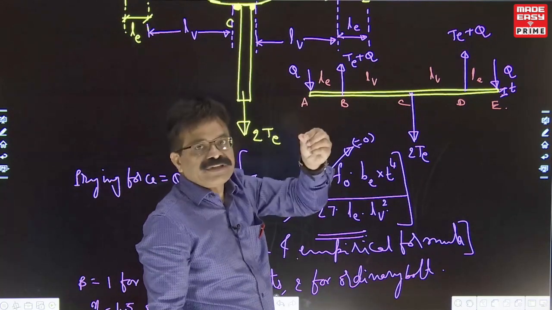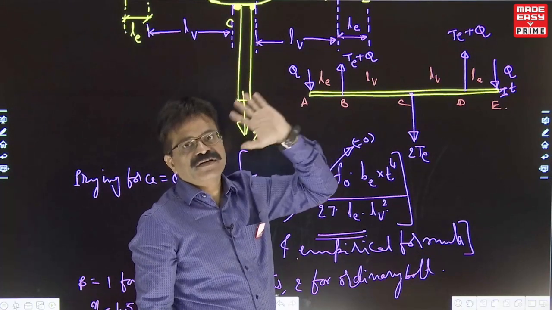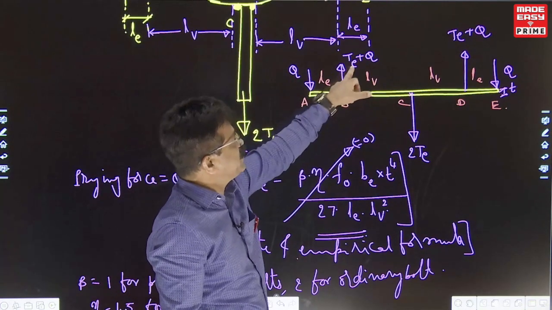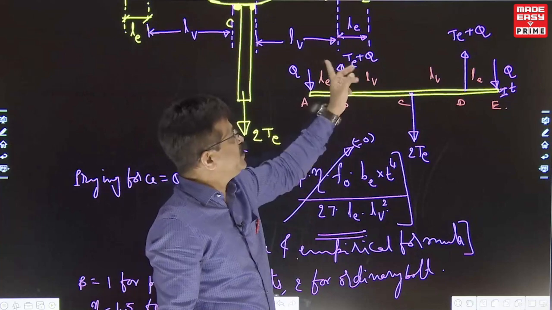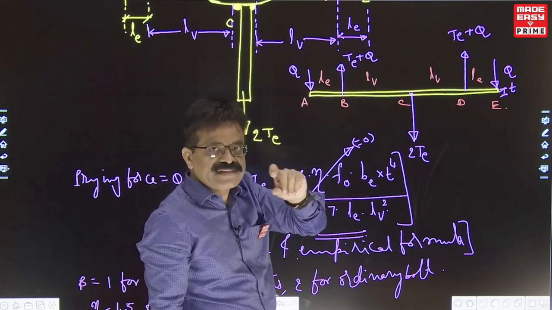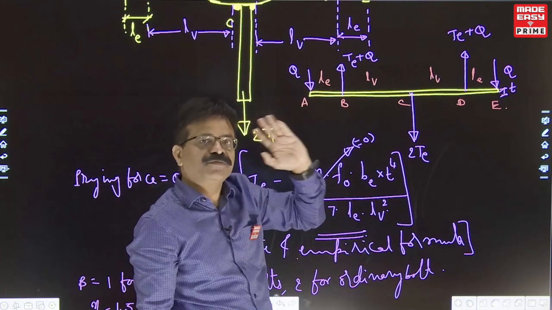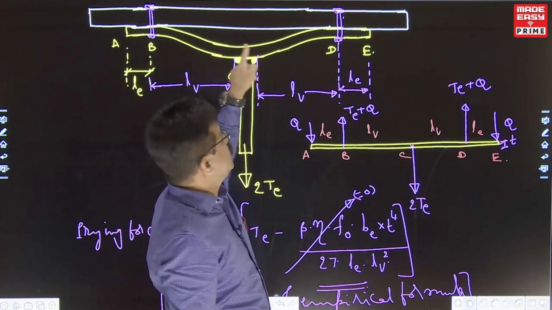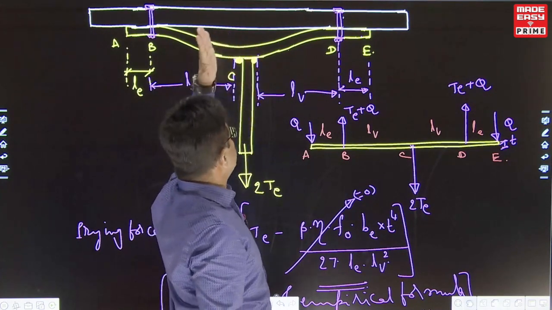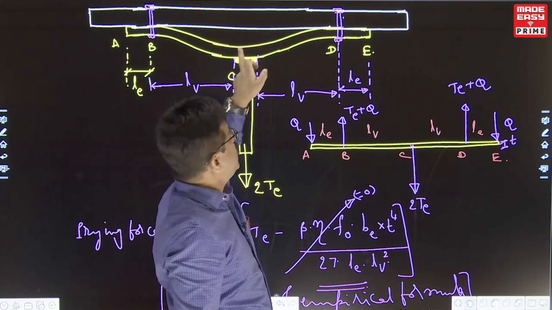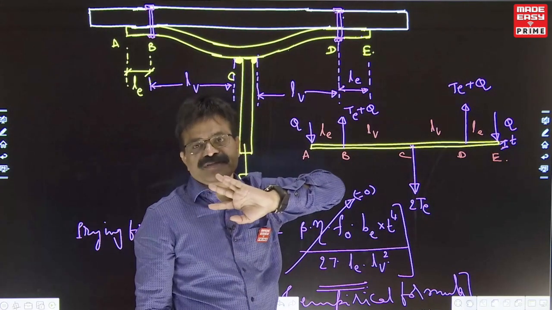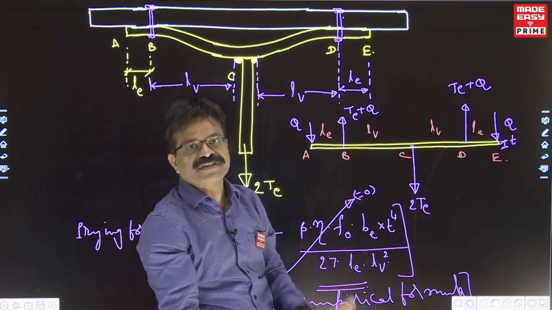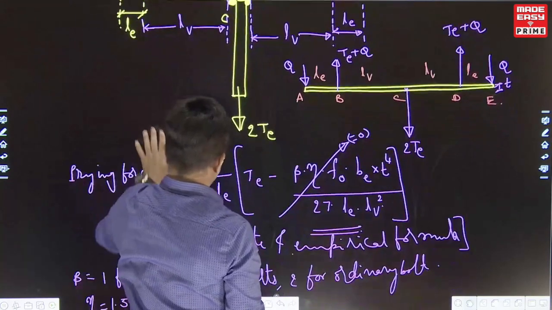At the point B where the bolt is, you have to see whether the bolt breaks or not. What is the tension capacity of the bolt? What is the net applied tension? TE plus Q is existing. Your applied tension TE plus Q must be less than the tension capacity of the bolt. Then the bolt is safe. At this point, you see the applied bending moment and the plastic moment capacity of the section. Applied bending moment must be less than the plastic moment capacity of the section. Otherwise, a plastic hinge will form here and rotate. Large deformation will happen. Okay, that's what we are going to check.